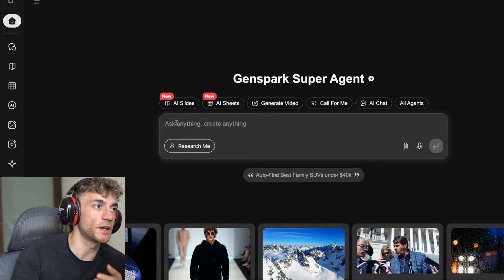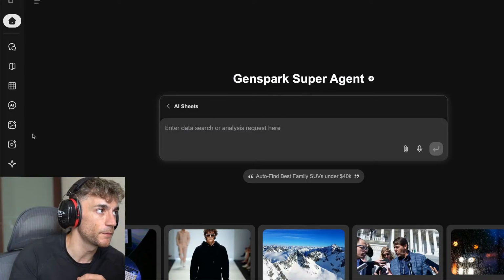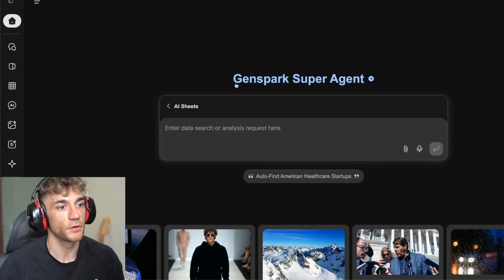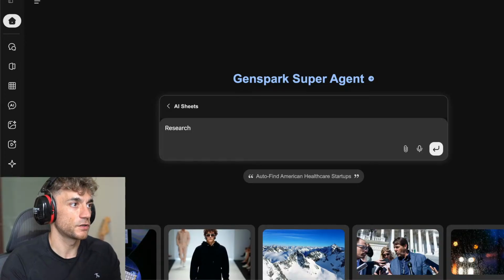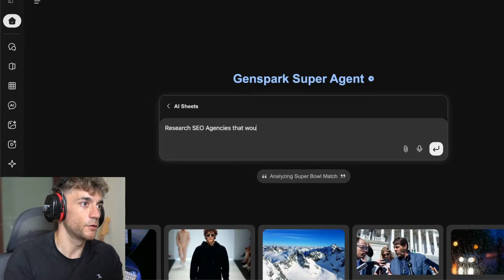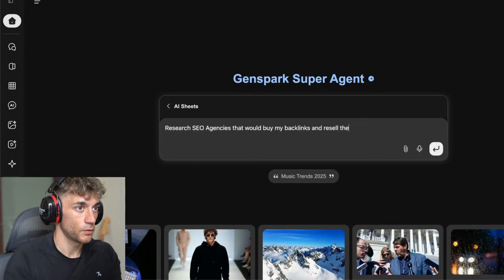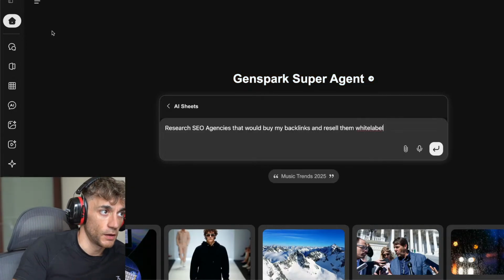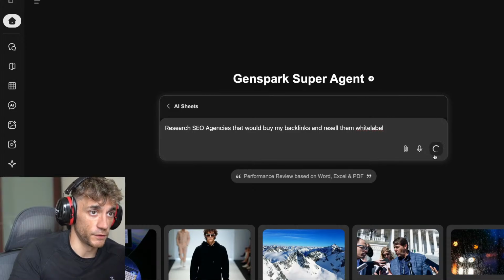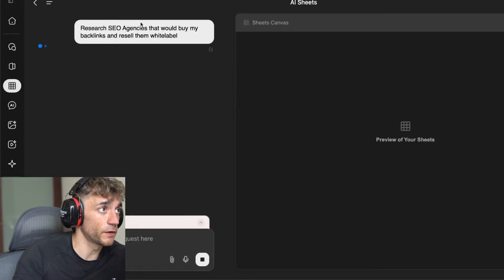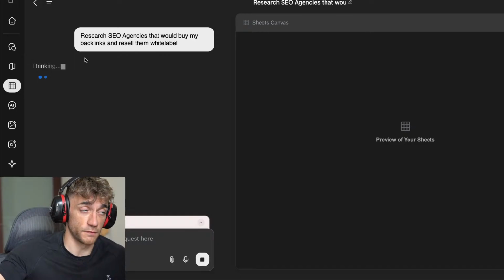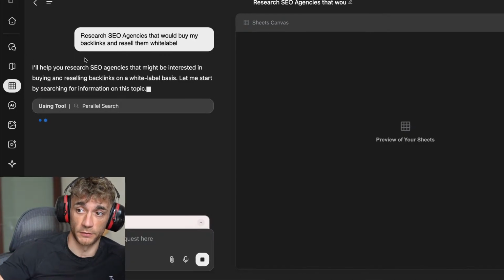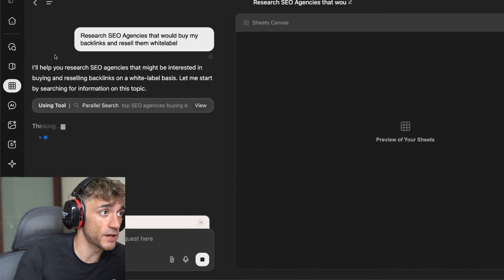The other cool thing, if you've not used this already, this is one of my favorite new features from Genspark, which is the AI Sheets option. So inside AI Sheets, for example, we can say, right, research SEO agencies that would buy my backlinks and resell them, white label, right? And so we can use Genspark for not just scraping the web and downloading files, but also for lead generation and taking information from the web and then using that to build stuff out, right? So with Genspark,